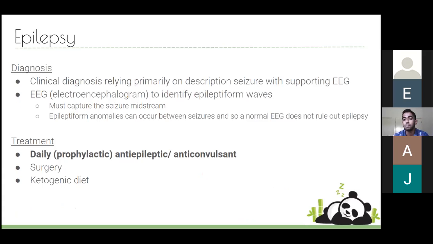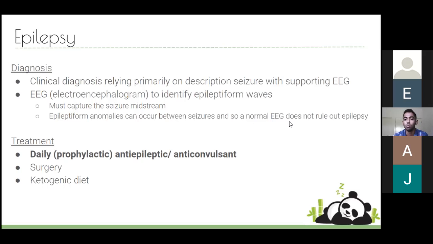How we diagnose it, we use EEG. So they put all those wires onto the brain, measuring all the neural conduction and where the neural waves are going towards, and they can graph that. And it's characterized by epileptiform waves, hence the name epilepsy. In order to actually see that it's epileptiform waves, they have to be mid-seizure. So kind of makes sense. You kind of have to be having a seizure for you to be able to realize that they have epilepsy. But they can also happen in between seizures as well.